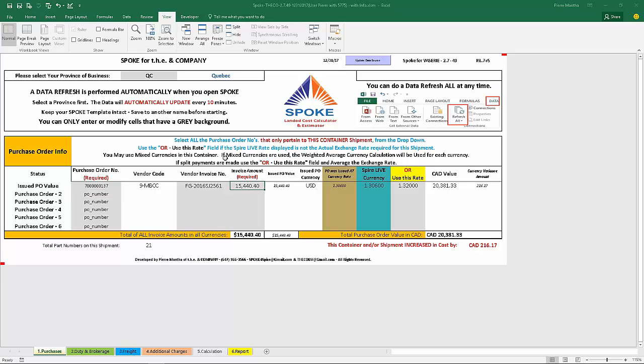You can only enter or use fields that are gray, that have a gray background. In this particular case, it picked up the vendor code, the amount of that issued purchase order, the currency that it was issued in, the actual currency rate that was used when the purchase order was issued, and what the current live currency rate is right now in Spire. Now, if I remove this value here,